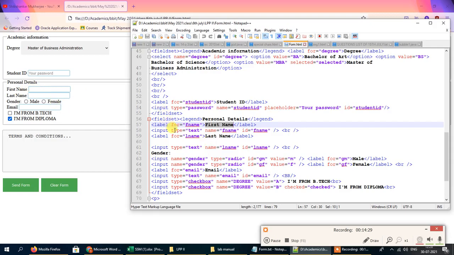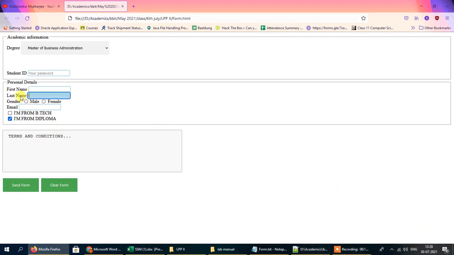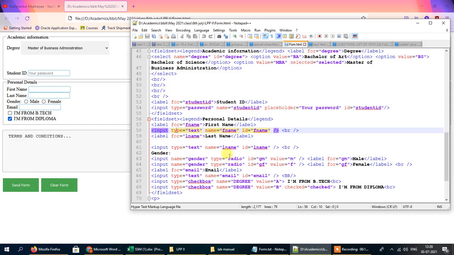Finally we've got the last name field. Similarly, when we click on the box for the last name, as this last name has been included in a label tag, when we click on this last name text, this field is selected by default. So we have assigned a label for each of these texts.